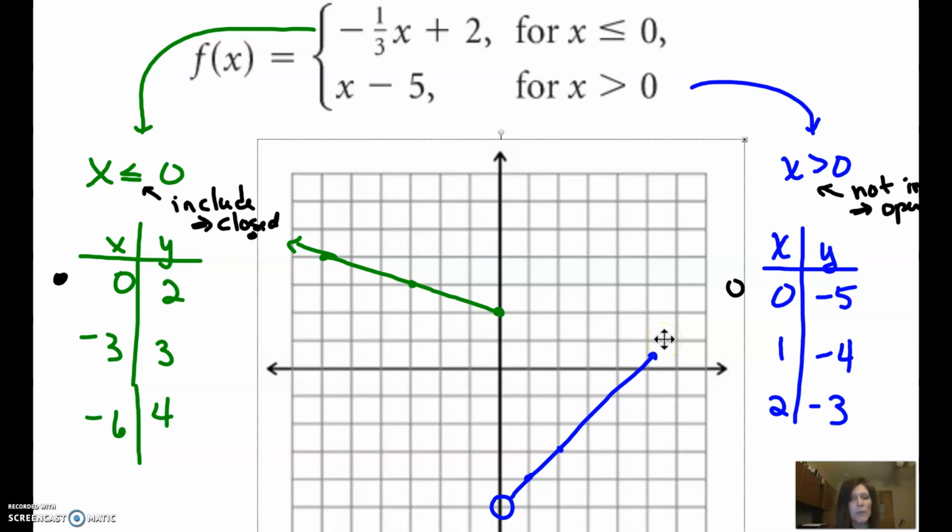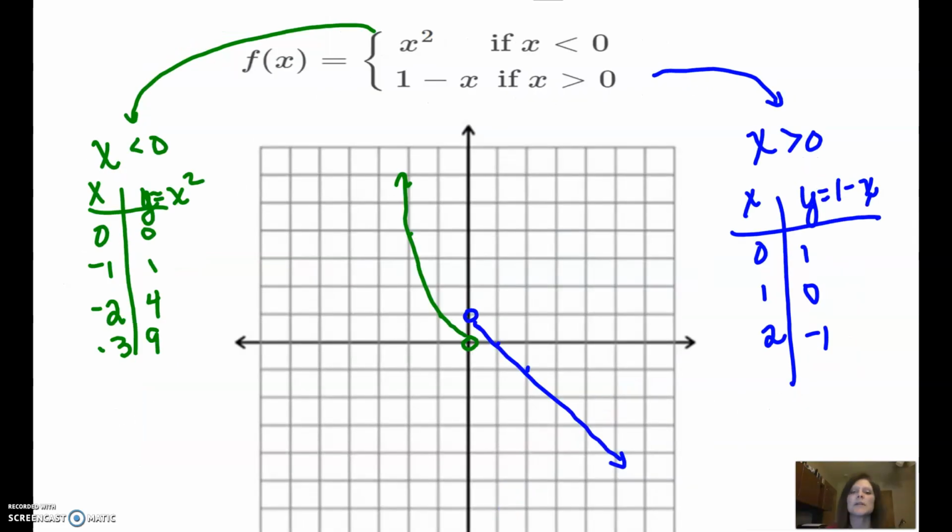So it's a broken piecewise function. Sometimes where you break on your x's, those actually line up and connect, and a lot of times they don't. Let's look at one more that's not all linear. So this first formula is an x squared, so I know that's a parabola shape. That's for x strictly less than 0. So I'm going to have an open circle. And then I have 1 minus x for x strictly greater than 0. That's also going to be an open circle. So this particular function is not defined for the value of x equals 0.